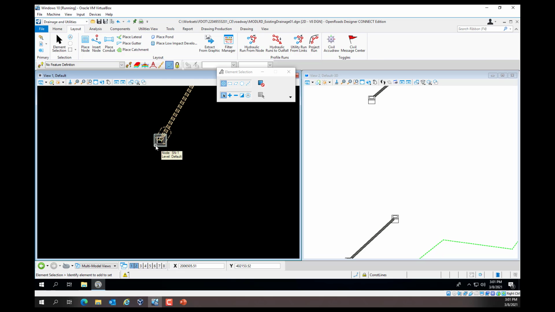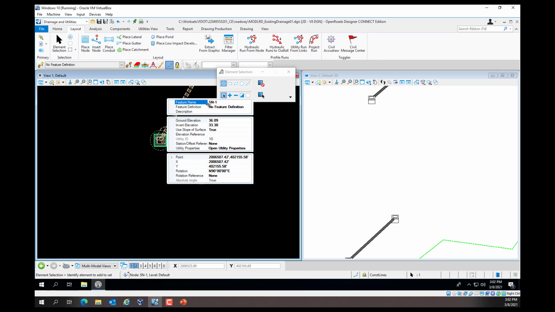We'll notice that these are set to default. If we select on the property of the node, we'll also bring up the context menu. So if we select the node and then hover over, we'll have properties and utility properties. We want to select the properties, the first icon of the node.